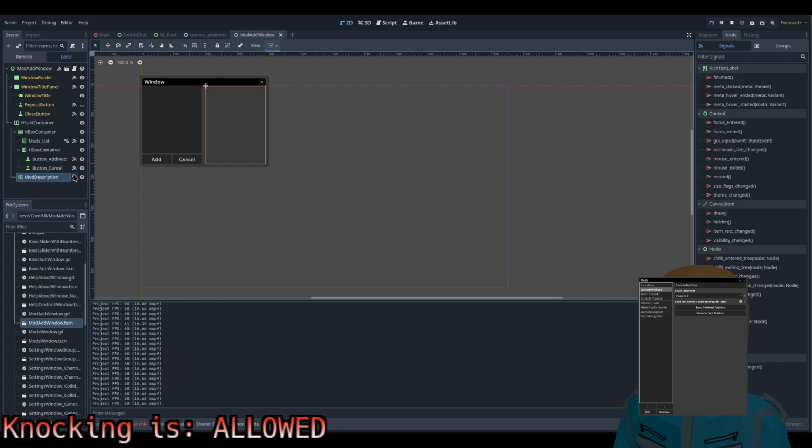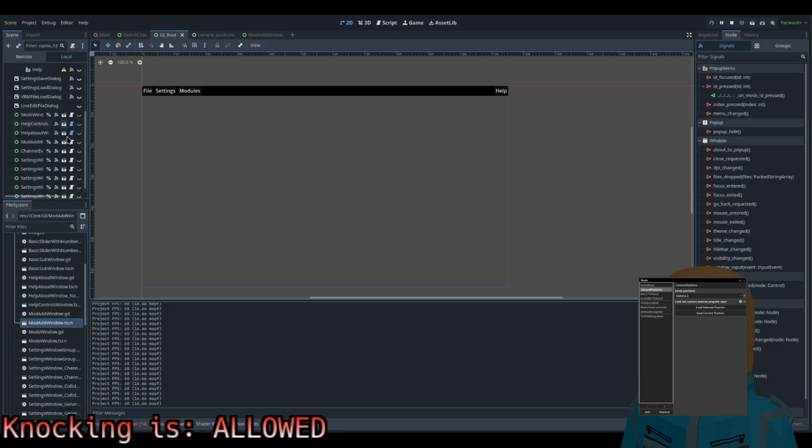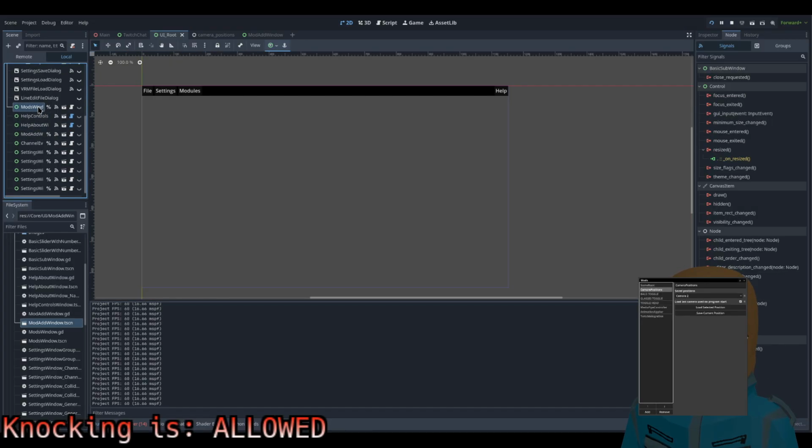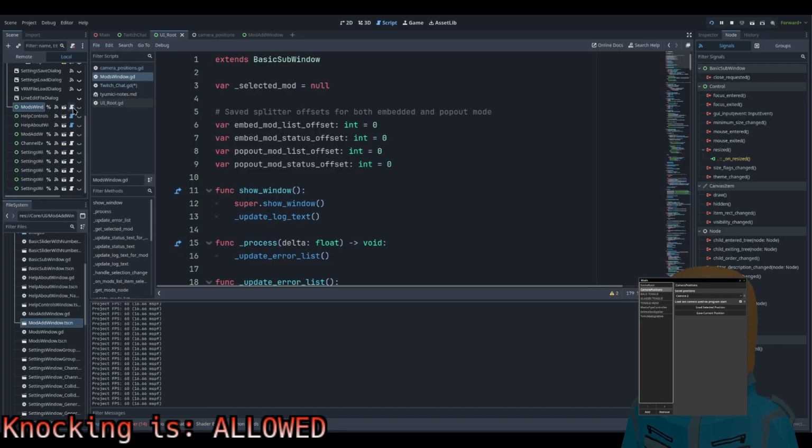Oh. Is that why I'm mod? Okay. Hang on. Mods window.gd. Now this makes sense.